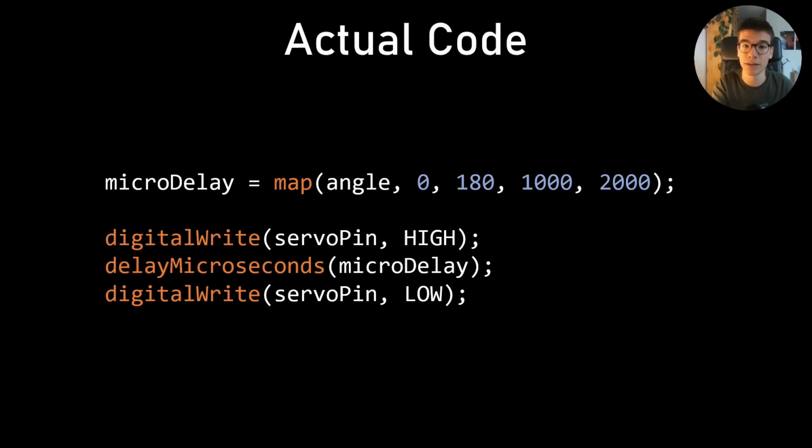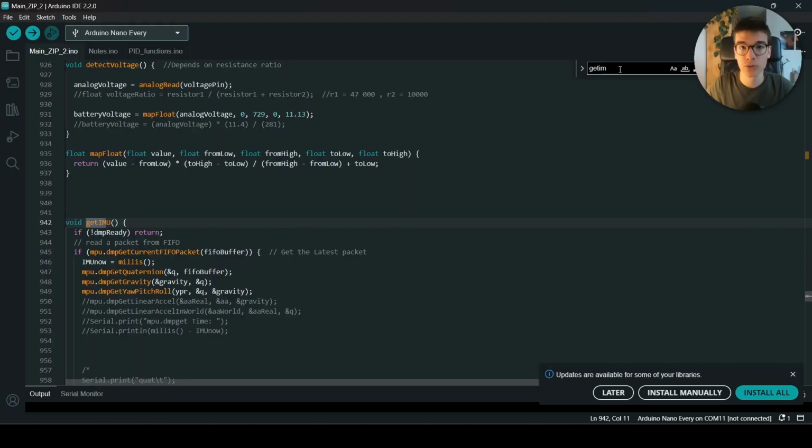At first, I mapped the angle from 0 to 180 degrees, 2,000 microseconds to 2,000 microseconds. And this range you can tweak to really hone it down to your specific servo, because some servos use 500 microseconds to 2,500 microseconds or something in between. So this is some calibration that you can do on your own. This was probably what caused my flight to fail, but there's another thing I fixed while looking for the problem,